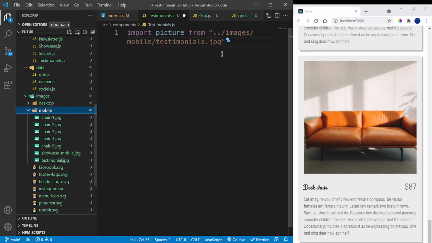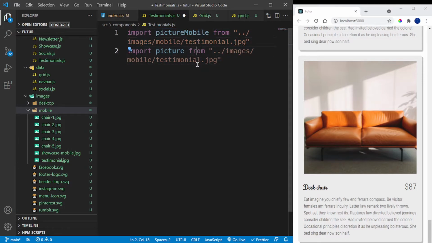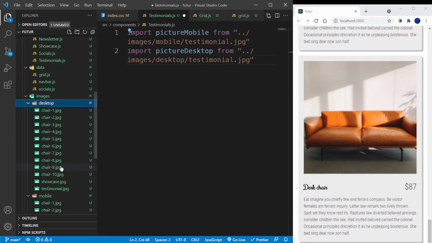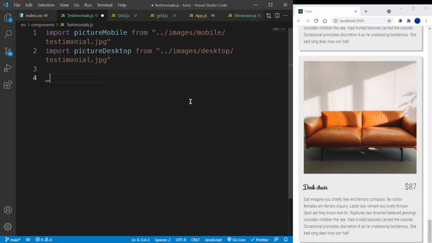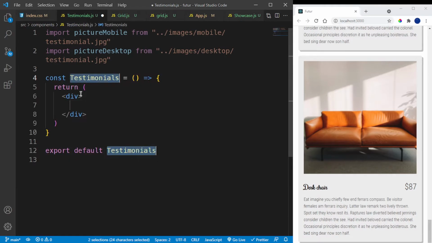It's in mobile testimonial. It's one single other, and then copy this down. Let me call this picture mobile, and then let me call this picture desktop, and this is coming from desktop, right? So from desktop, and this is called testimonial.jpg as well. Okay, now once you do this, then I'm going to say _RAFCE once again, as always, like so, and then